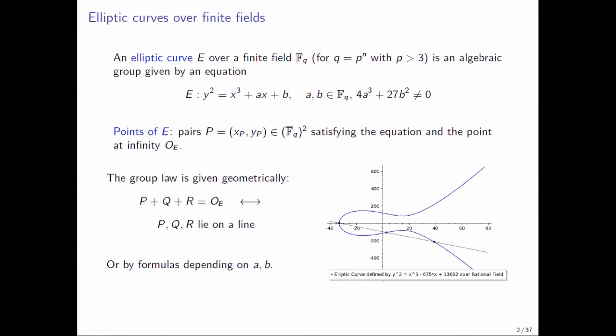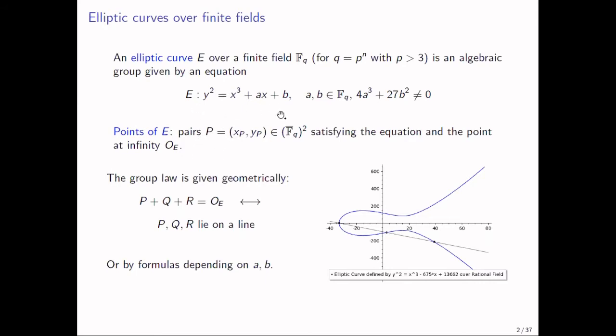and we're only going to be talking about elliptic curves over finite fields. So an elliptic curve over a finite field F_q is an algebraic group. It's given by a cubic equation, y squared equals x cubed plus ax plus b, where a, b are some constants and there's some non-degeneracy condition. That means that it's an algebraic variety. And it has some points, and points of the elliptic curve are pairs x and y in the algebraic closure that satisfy this equation. Together with these points, we have the point at infinity that comes from the projective closure